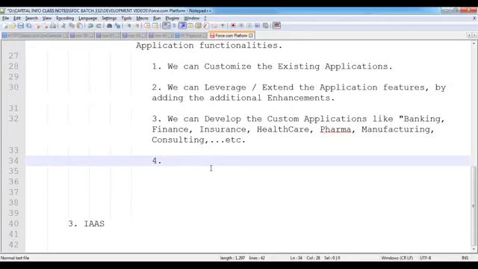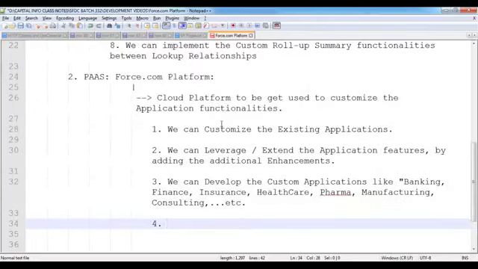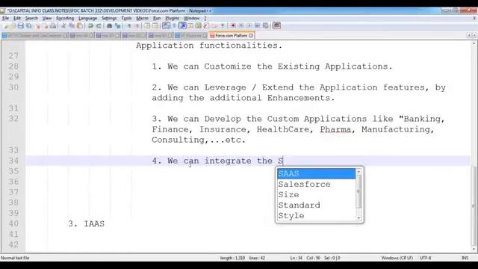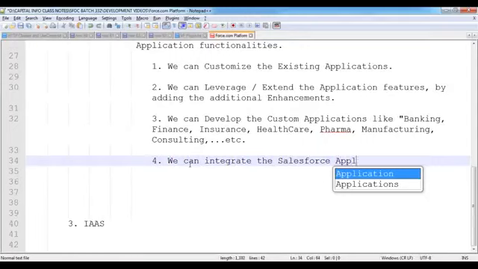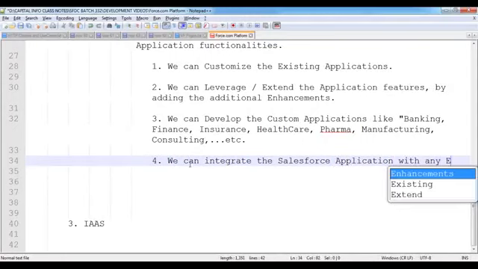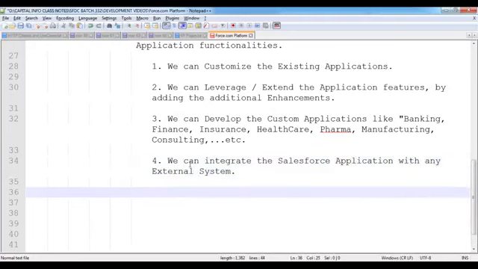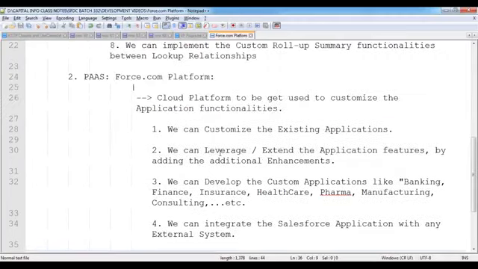As part of this Salesforce.com platform, we have integration features through which we can integrate your Salesforce application with any external systems. So that whatever limitations are available inside the declarative, we can achieve all those things with the help of this